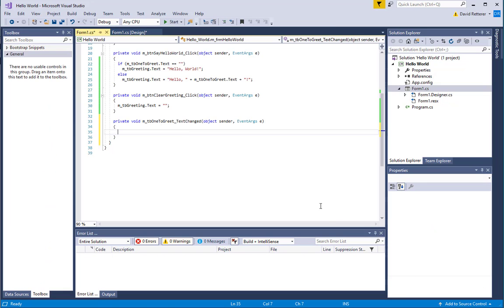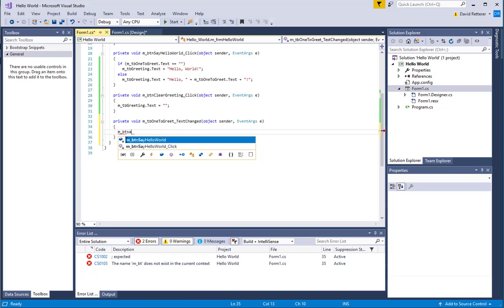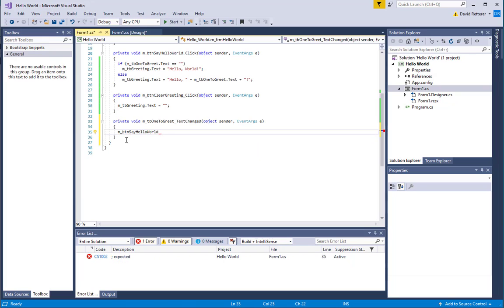And what that does is it sets up an event handler that gets called every time that the text of this one to greet text box changes. So what I'm going to do is this. I would like to be able to simply say this piece right here, except use that to set the value of the button, m_button say hello world